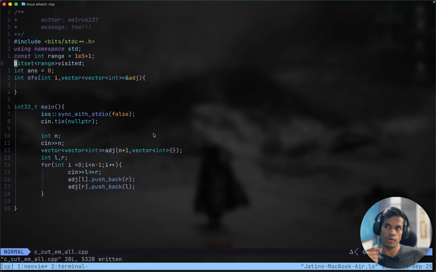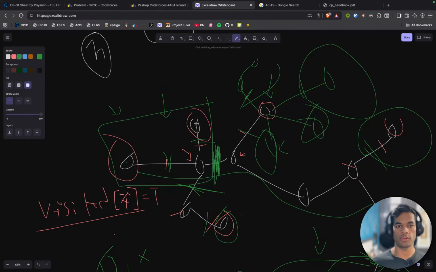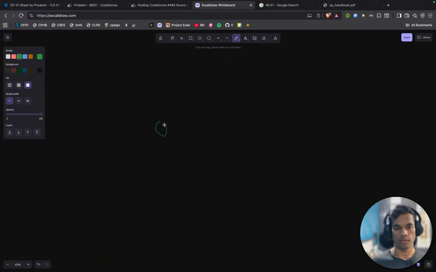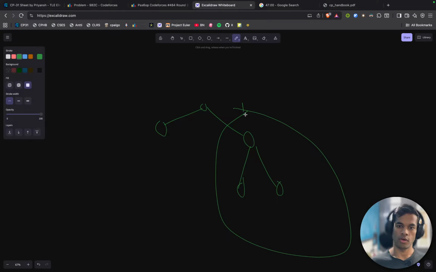Calculating the size of a subtree. If I want to calculate the size of a subtree, like if things are connected like this, I want to calculate the size of this subtree. So I call DFS on this and mark this edge and this node as visited, so I will not come back here. Then I calculate the size of this subtree, calculate the size of this subtree, and add 1 to it,